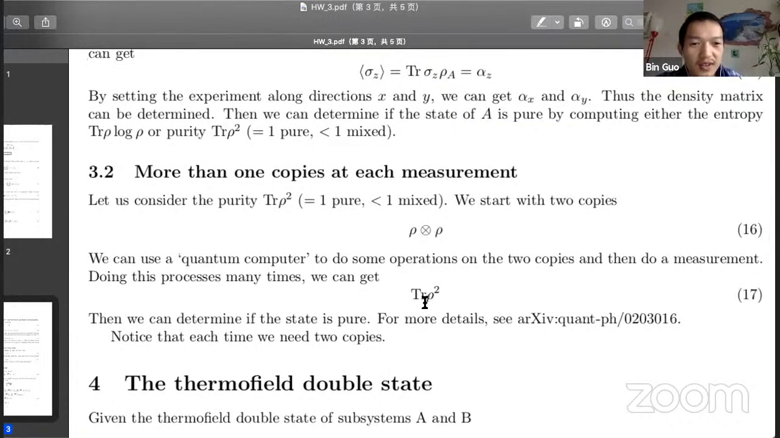If I understand correctly, if you want to compute this one, you have to use some operation that swaps the bits or something between these two. So you can now do separately for each of them. You have to have an operation acting on two copies at the same time. Okay,